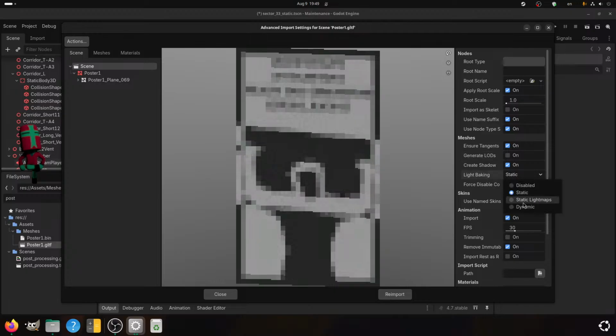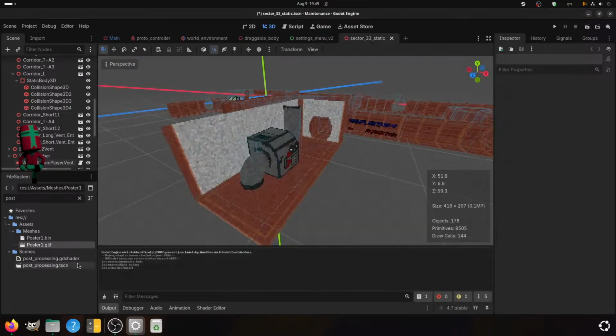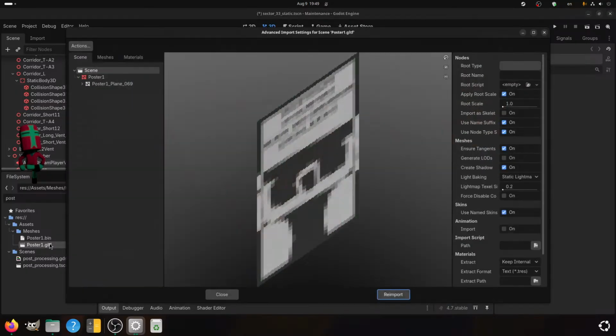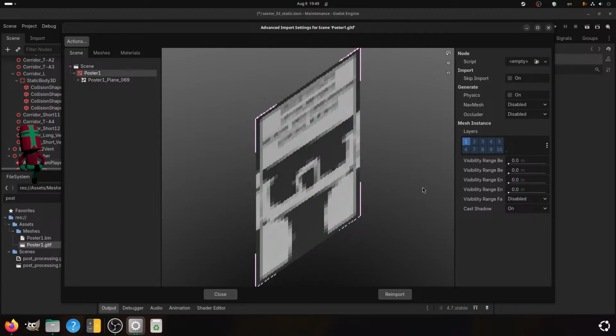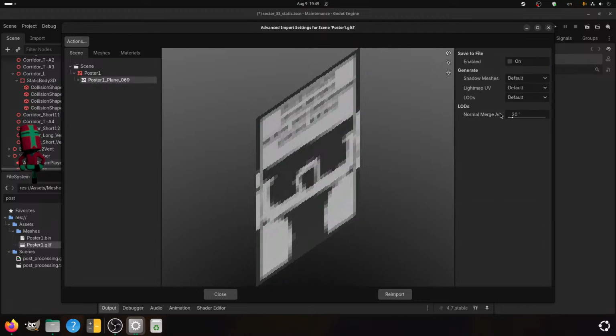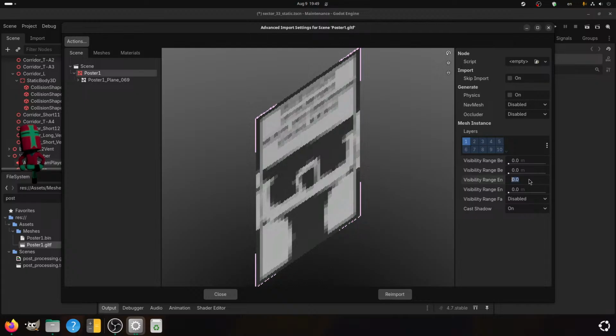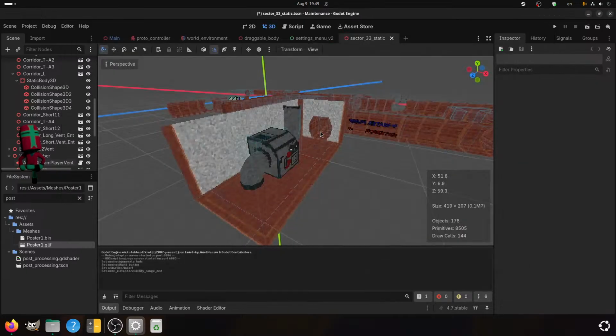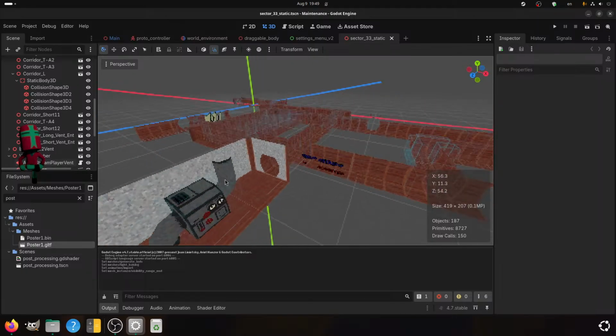We don't need all of these static light maps, no animations. Yes, you can cast shadows. And your visibility range should end at 30. Excellent.